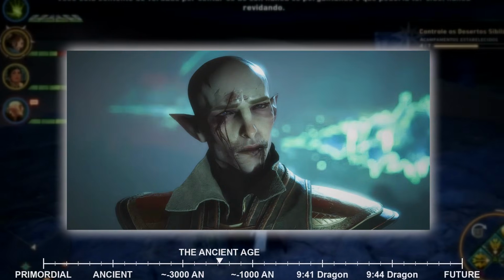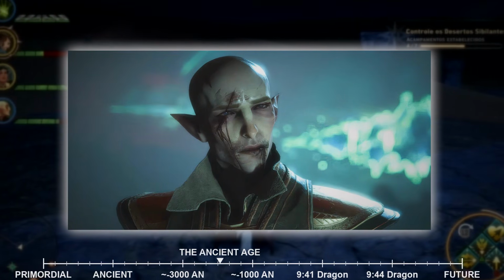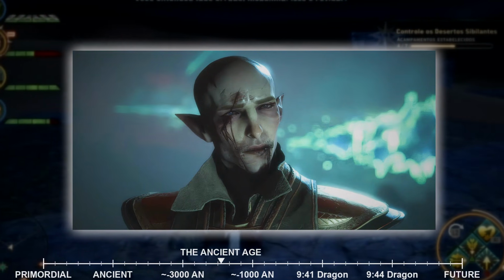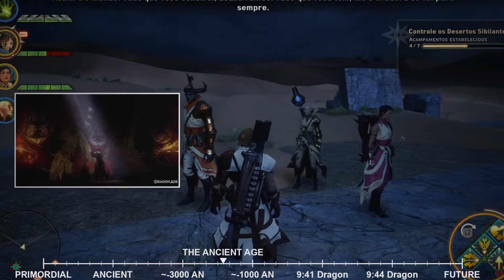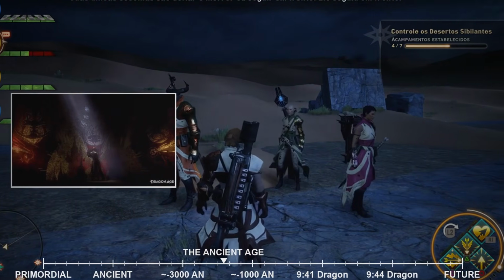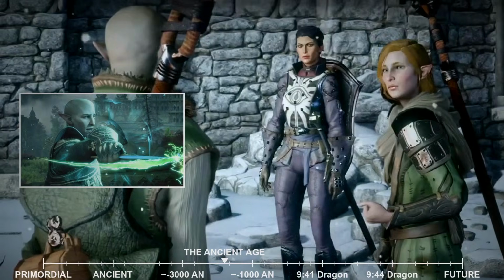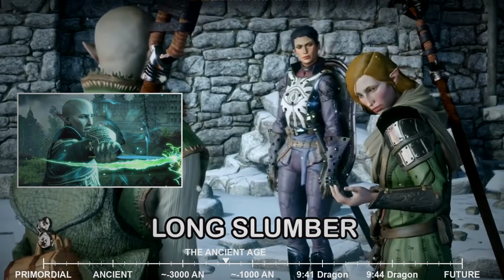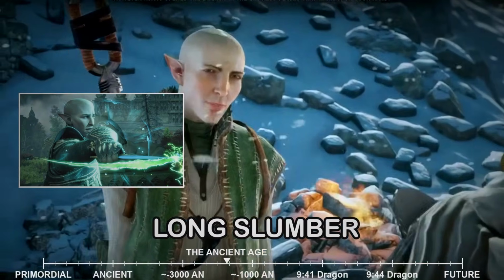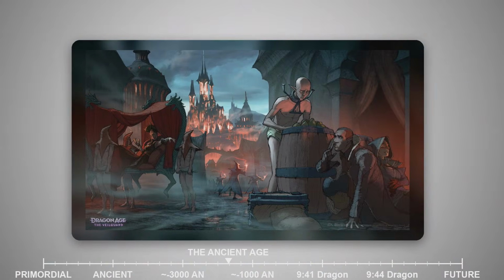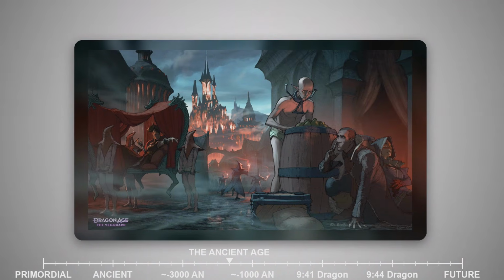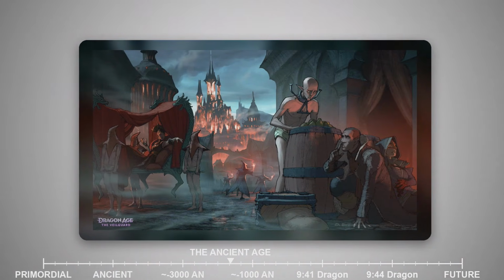Burdened by the unintended consequences of his actions, Solus makes a decision. He cannot undo what he has done, not yet. The magic required to create the veil has exhausted him. He needs time to recover, to think, to plan, and so he retreats into a long slumber, a magical sleep that will last for thousands of years. He hopes that when he wakes, the world will be different. He hopes that he will find a way to undo the veil, to restore the elves to what they once were, to make amends for the catastrophe he has caused.